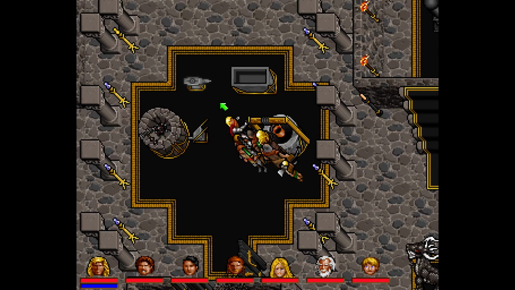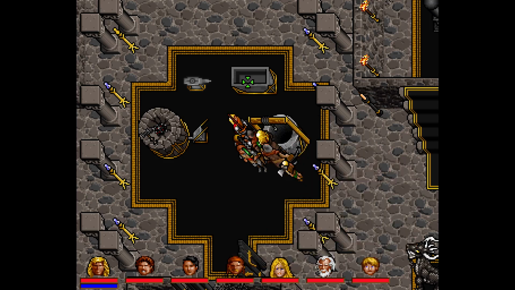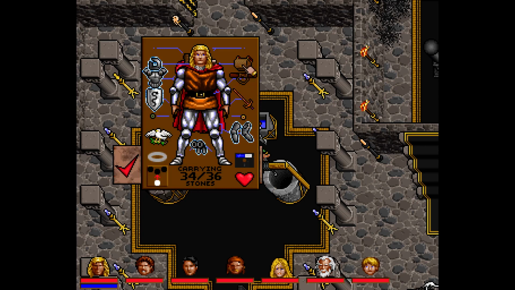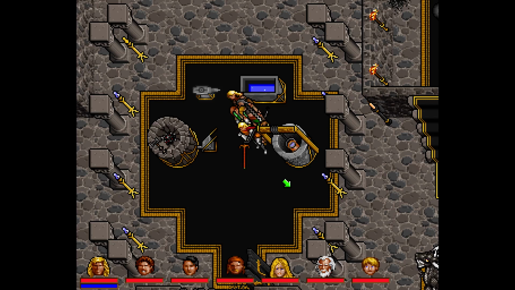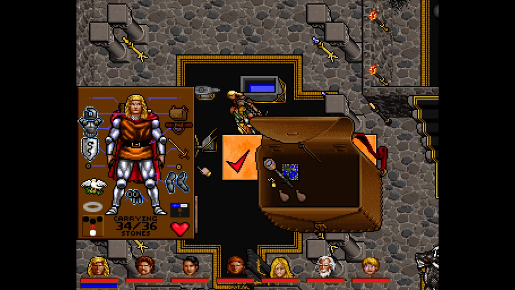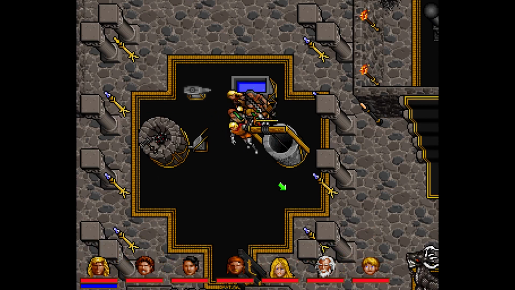fill up this bucket of water. Alright, we need to fill this all the way up. So we're going to need to do this a couple times until this is full. Doesn't look full to me. Woo! We're going to need us a...